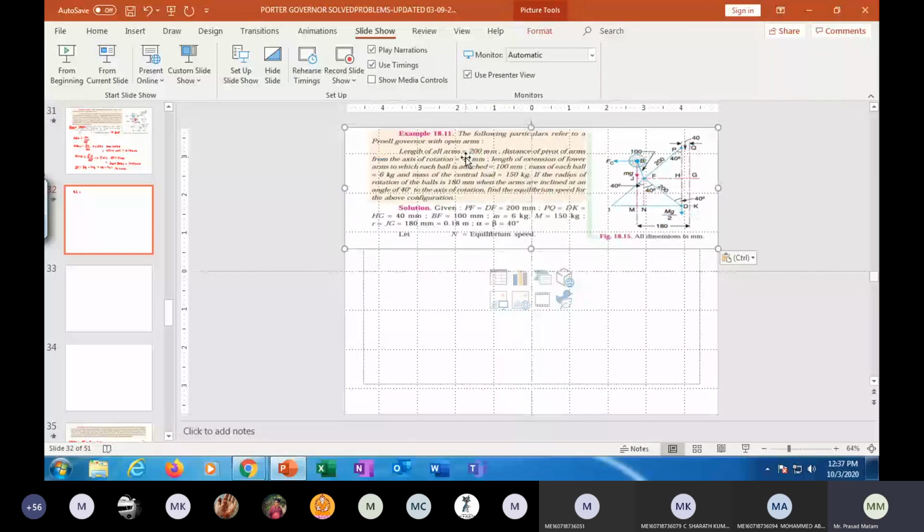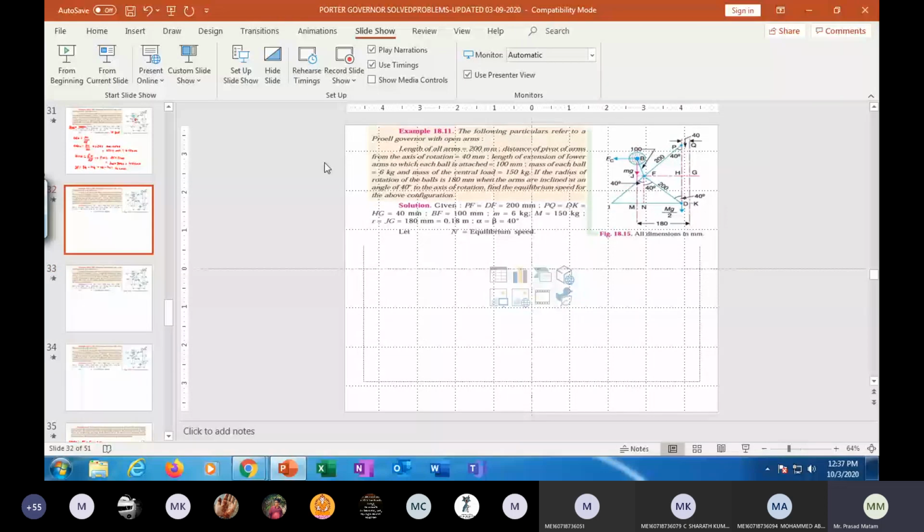Okay, I'm using the same slides. So let us try to find out what is unknown. One more term we need to find is the BJ value. You can see it is a continuation from the above problem.